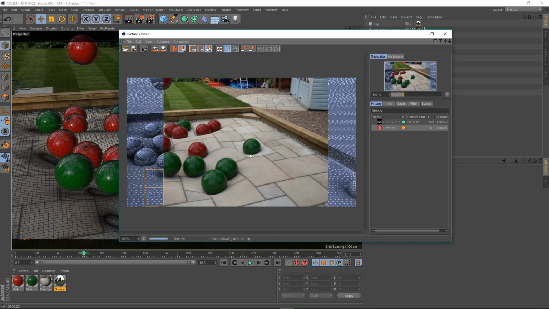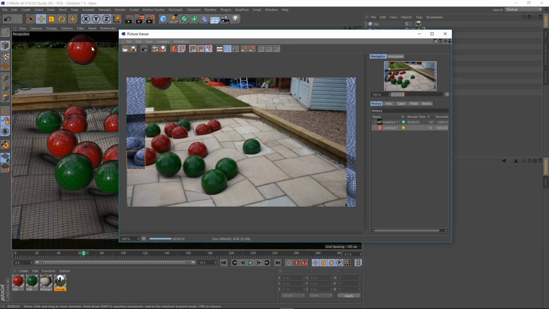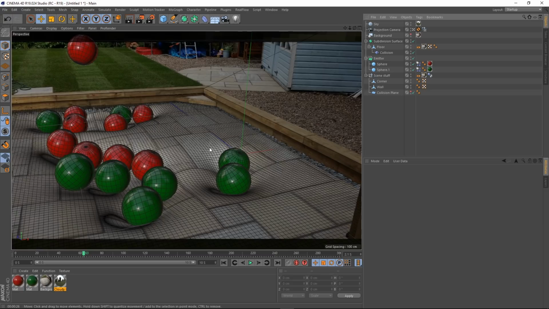Another thing that I wanted to mention as well, I want to turn on motion blur. So our balls, when they're moving, actually look blurred. And I also want to turn on ambient occlusion just to make them look a little bit more grounded on the floor. So if I want to use motion blur, and you want to get motion blur from the floor,